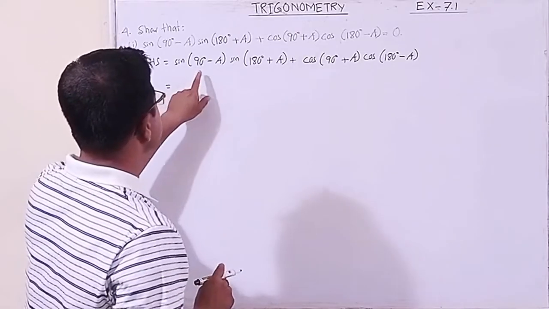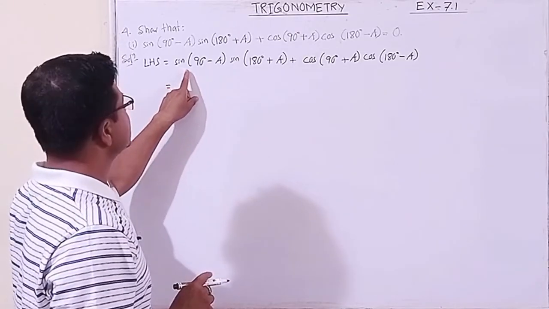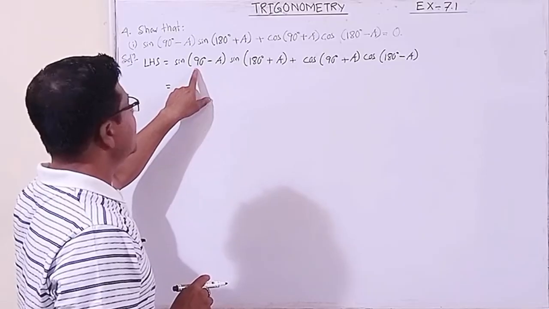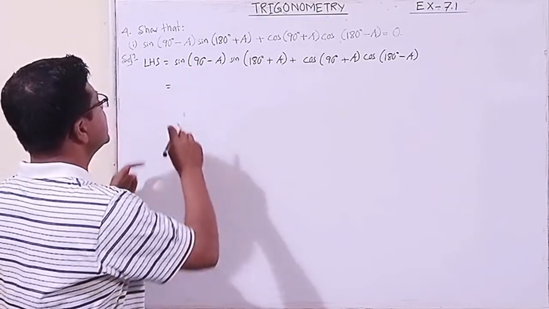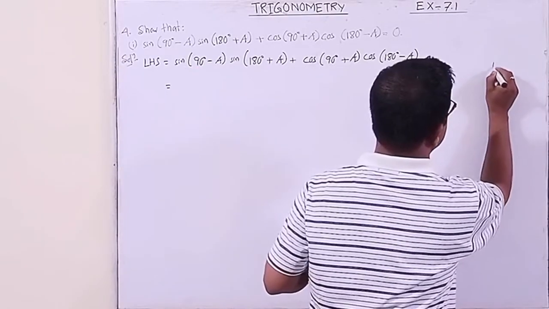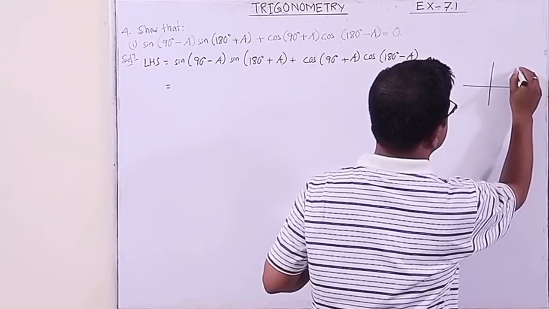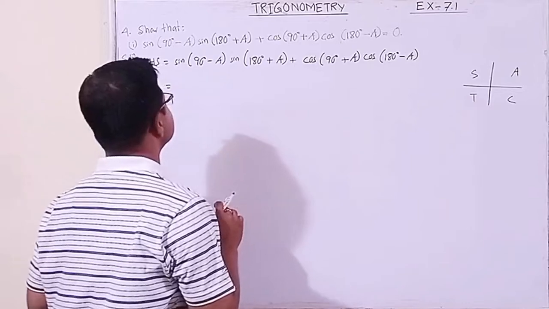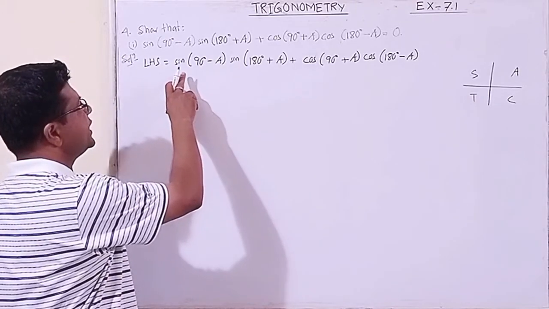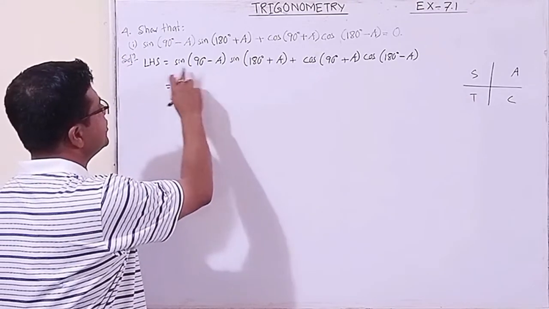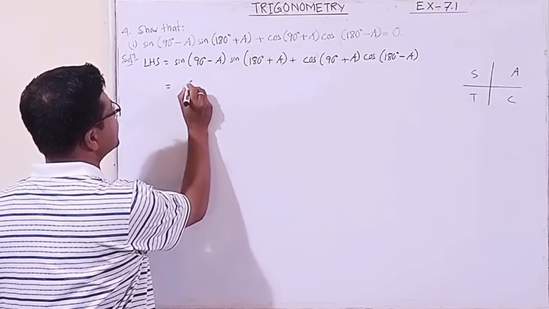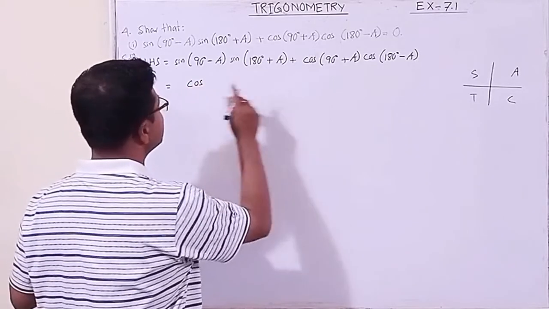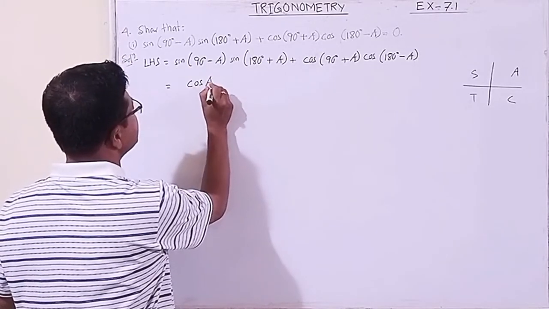Okay, now here this is cos, and it is in terms of an odd multiple of 90 degree. You know that. Okay, let us see. This diagram is very essential for us. ASTC, you know it, I will not explain now. Cos 90 degree, that means cos is converted to sin. As it is in the first quadrant, sin is positive there.